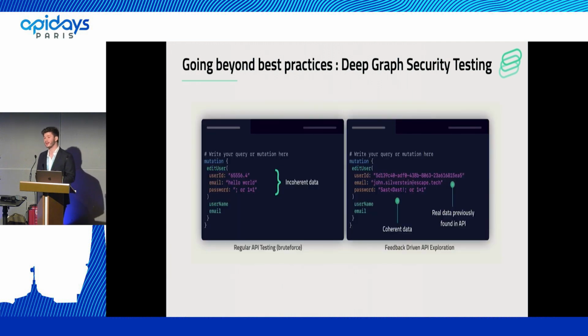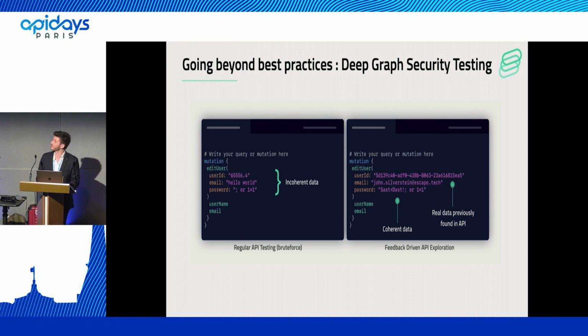While testing all the paths, we get a lot of information about your API, and more specifically about the data that is exchanged in the GraphQL API. So we can generate precise test cases that have relevant data according to the business logic of the application and that can pass the validation layer in order to test the code of the resolver itself for vulnerabilities.